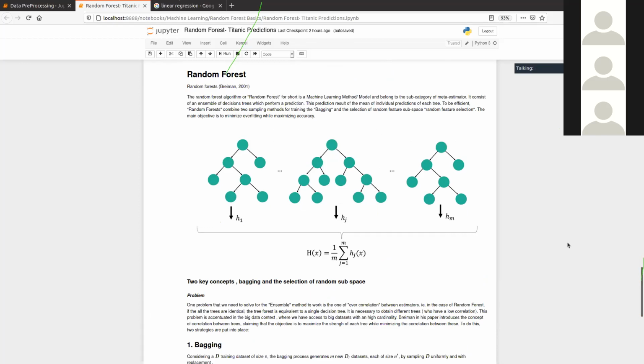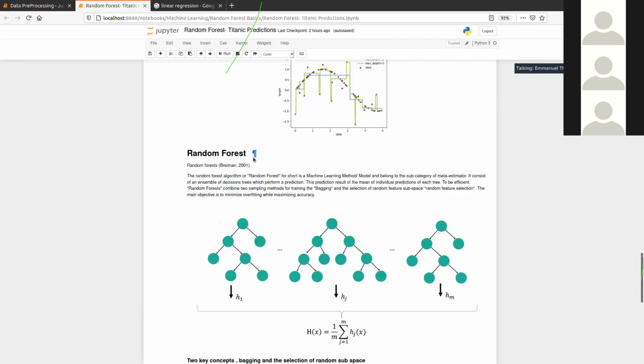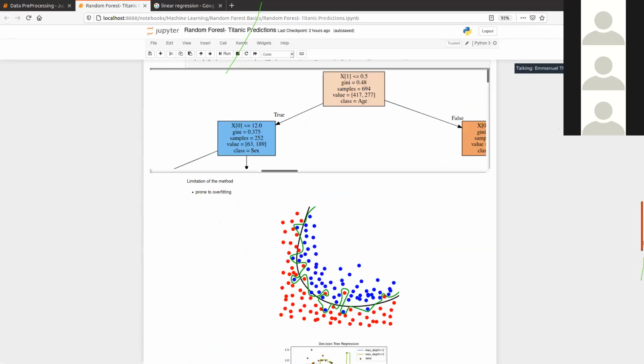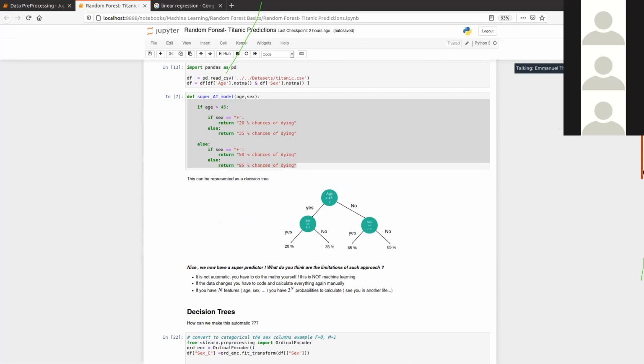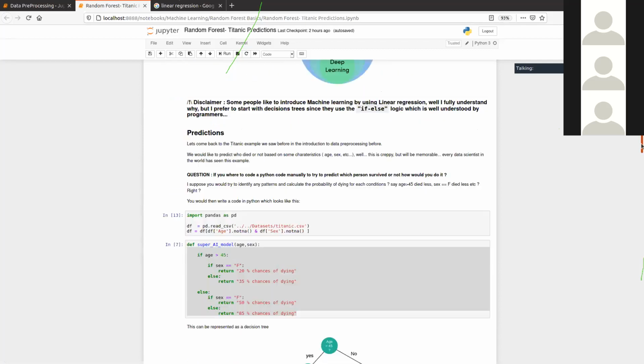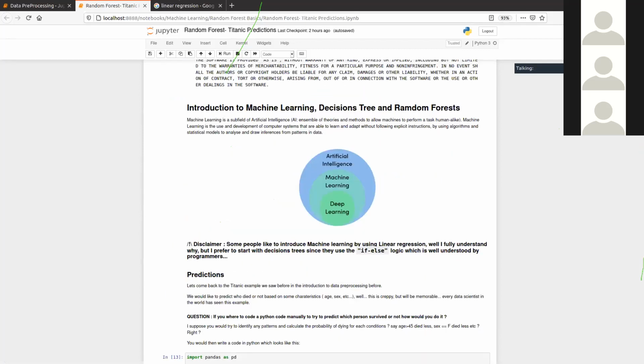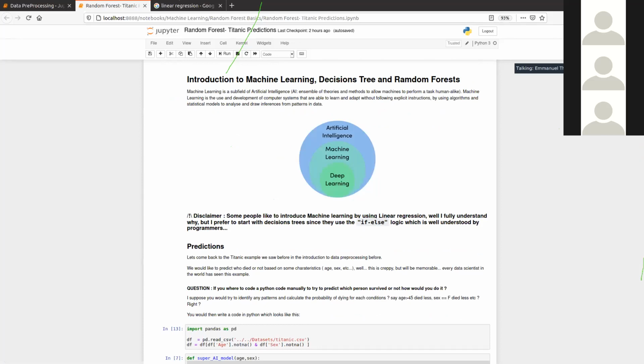So, if I had to compare linear regression and random forest, I mean, they can be compared because, first, what I didn't say, or I think I said it, but in machine learning, you usually have two types of prediction.